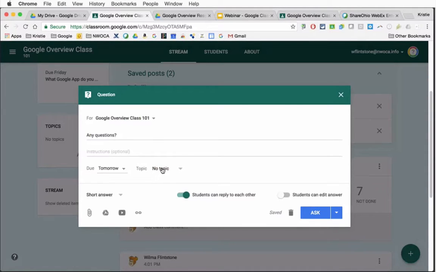Now, we talked about, again, if things get buried or bumped, if I start to give things topics, this allows me to sort them very easily. So let's say that I was going to specifically ask a question about Chapter 5. So maybe I wanted to create a topic and name it Chapter 5, and then anytime I create